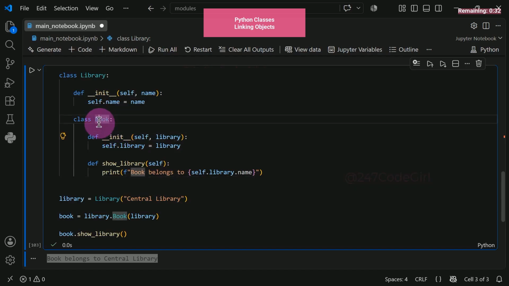Rather than having two fully separate unconnected classes, book and library, that are clearly related subjects, related topics, you can group them together as a single unit of functionality. You could argue they work fine as separate classes too. But in some situations, inner classes are the cleaner, more logical choice. This is just one example of what you can do, and a bit of extra knowledge to help you get more comfortable with how classes work in Python and the different approaches available.